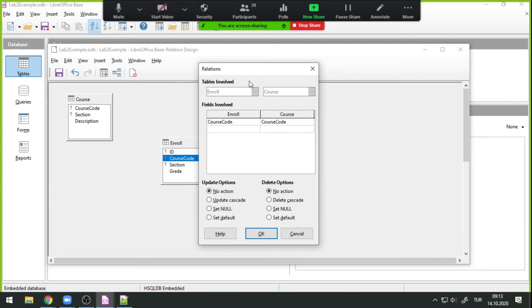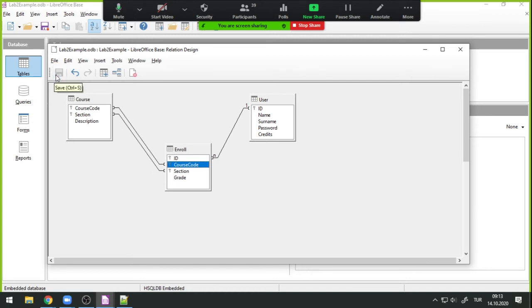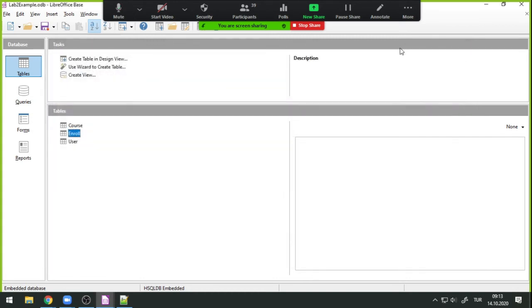But as it is, it's not fine. With just course code, I cannot find unique entries. I also need the section, right? That's why I also need to include the section. These two things match at the same time. And I also want the cascade and delete options. So I'm going to click on OK. I also see the other link here. So I'm going to save this relationship and close it and then